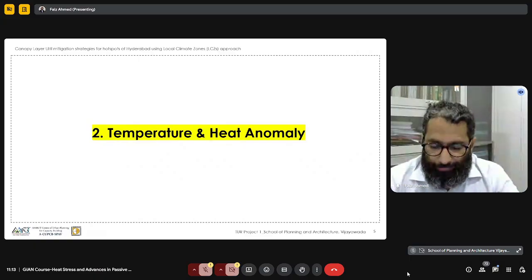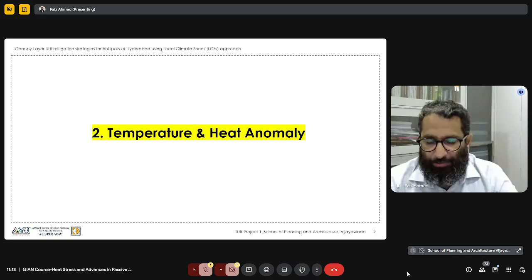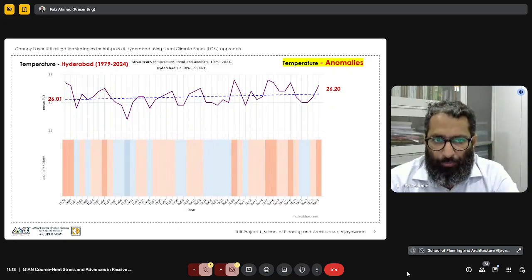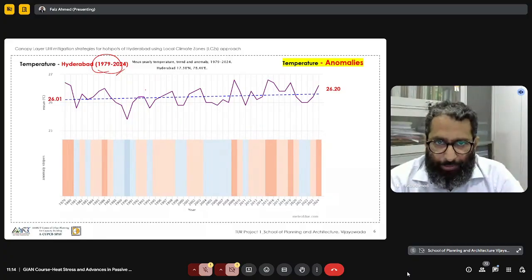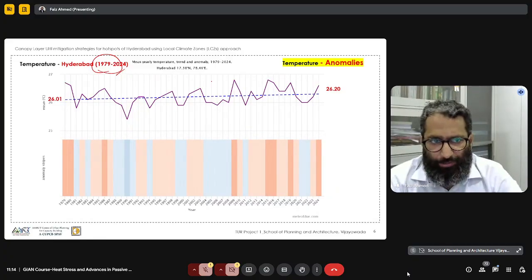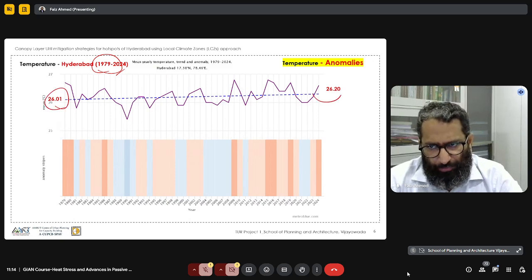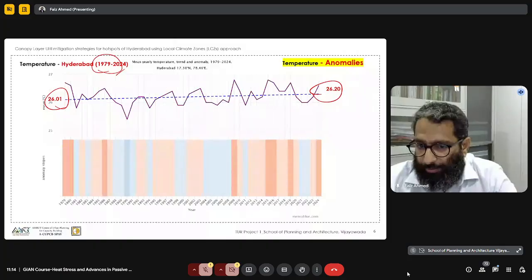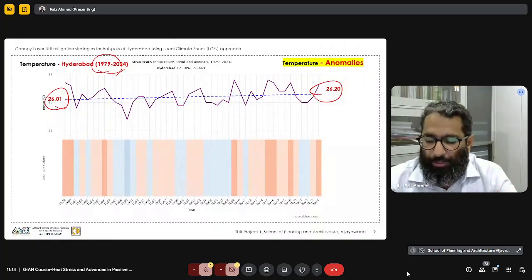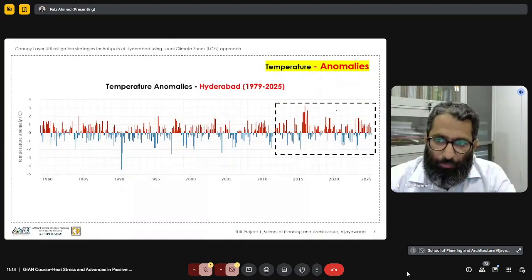Okay, first thing is we are trying to discuss this under a broader aspect, what has happened over a period of time. If you take the data from the 1970s till 2024, we're just trying to plot the anomalies. There has been only a slight increase in the overall temperature, on average, if you see. But if you see the data closely,